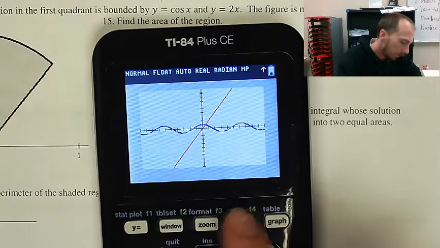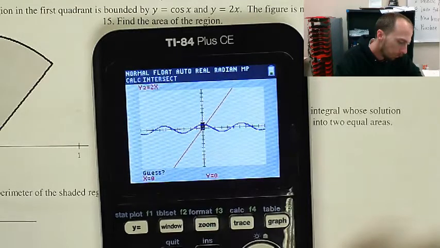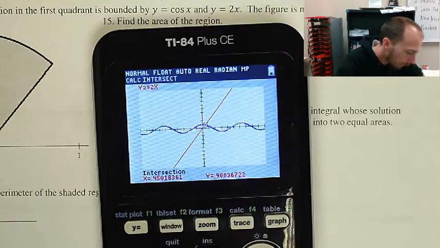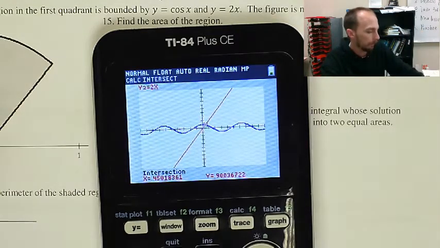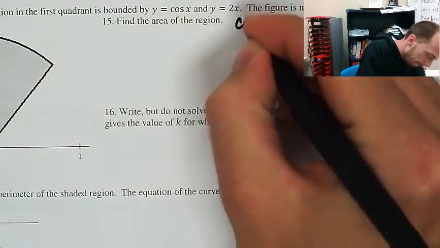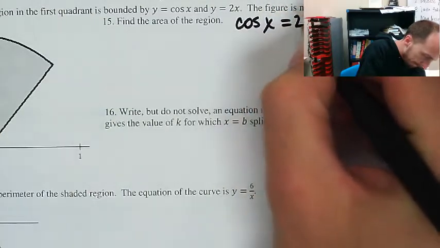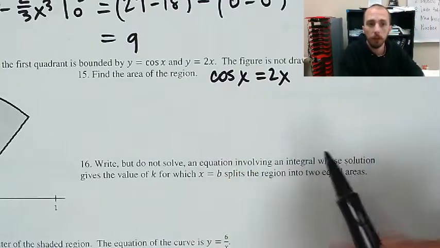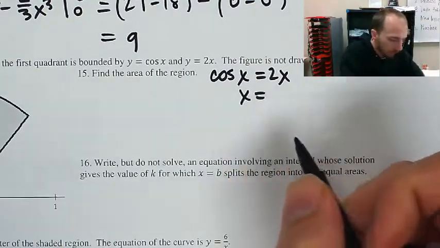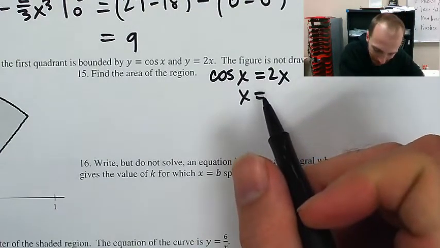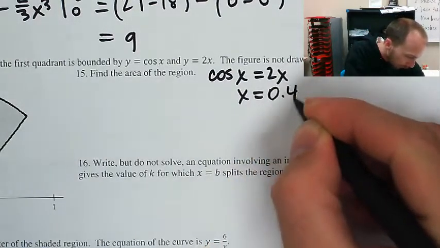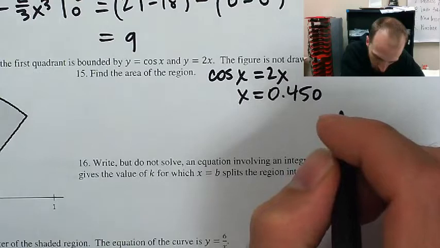Because if they're only intersecting once, I need to calculate the intersection between blue and red, which happens to be at x equals 0.4501831. Okay, so I just solved an equation using the calculator, so I need to report what equation it was that I solved. Moreover, since this solution to that equation is not the final answer that I'm looking for, I'm not going to round it to 3 decimals. So 0.18361,